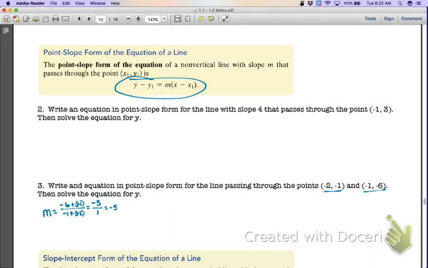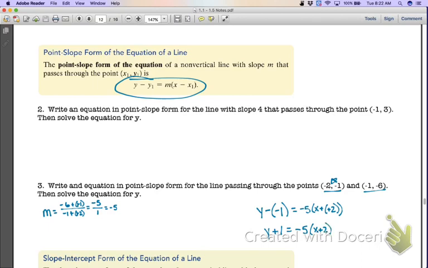So if I go y minus y sub 1, it does not matter to me which one you make y sub 1. So if I go 1 minus a negative 1 and I pick the first one that I see, do that. My slope is negative 5 times x minus a negative 2. Now, to be perfectly honest with you, I don't know how the online assignment's going to have you do it, if it's okay with you leaving it like this or if it's going to want you. I would tell you to put it like this and leave it and change the 2 negatives to a positive,